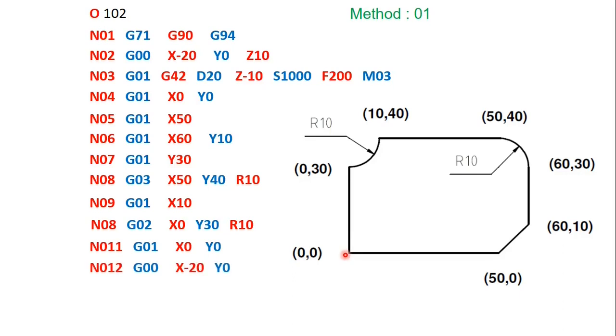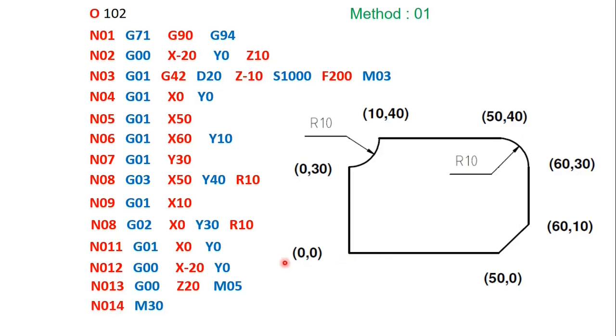Then from here I want to move the tool away from the workpiece, so that is X10, and somewhere here the tool will reach. Then I have to take the tool again 10-20 millimeters above the workpiece, and then M05, that is stop the spindle, and M30, that is the stop of the program.